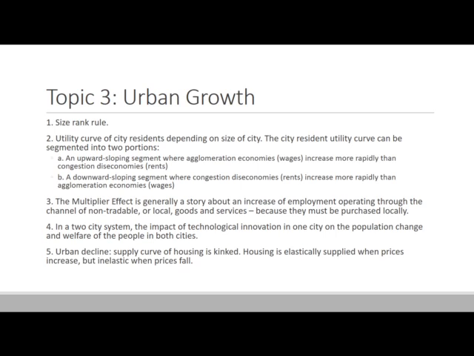That's the basic idea of the shape of the utility. And the third one is something we call the multiplier effect. The multiplier effect is basically just like when you want to make an investment in a country. Let's say you build a factory in a country, so it creates some direct employment, right? Because you want to invest in a country, then automatically you will need to hire people for working